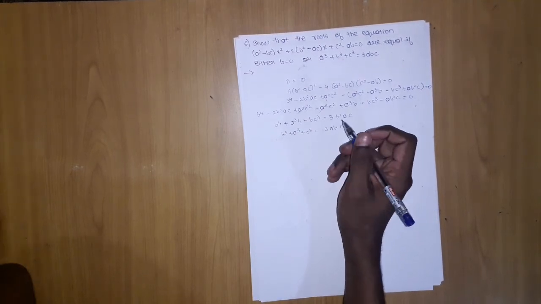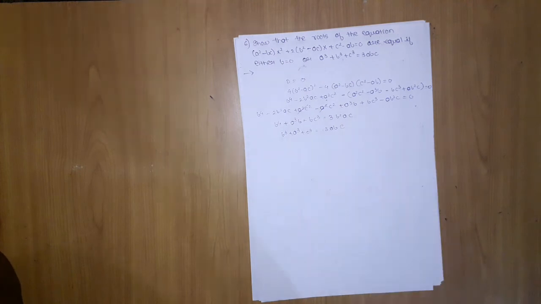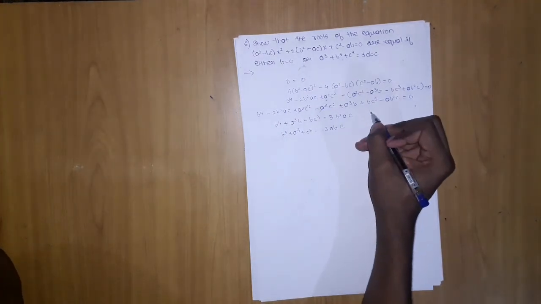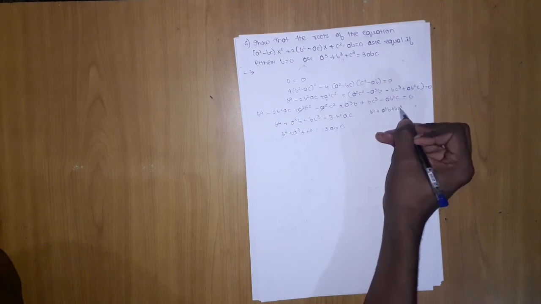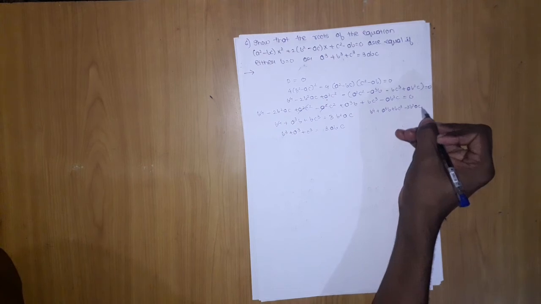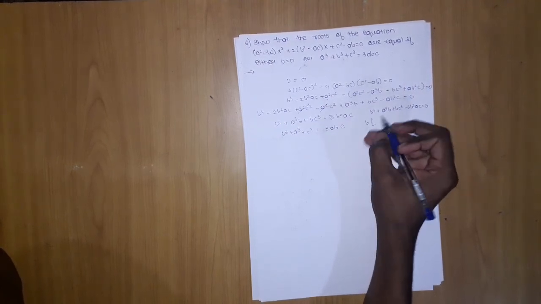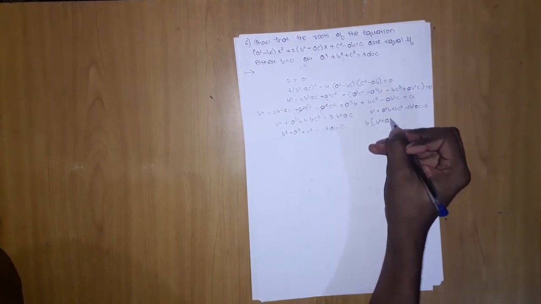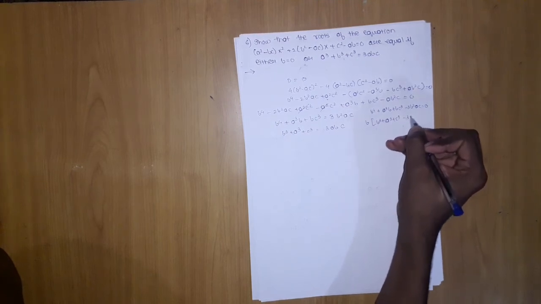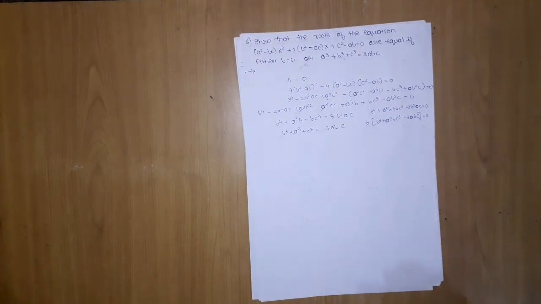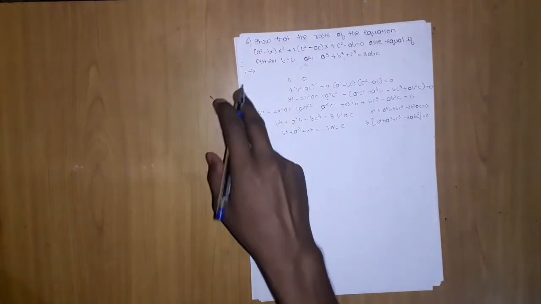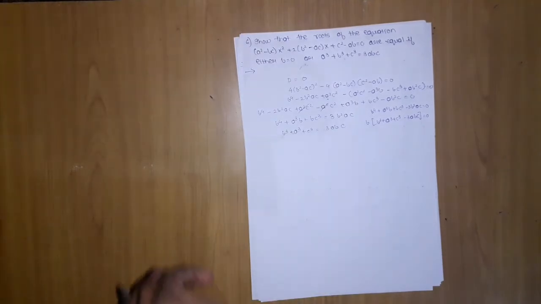Now it is telling that either b should be 0 or a should be 0, which we can prove by taking this here: a cube b plus b c cube minus 3b square ac equal to 0, and taking b common, it will be b into a cube plus b cube plus c cube minus 3abc. Either this should be 0 or this should be 0 for it to be equal, right? So this condition is verified. So we are done with the sixth question.